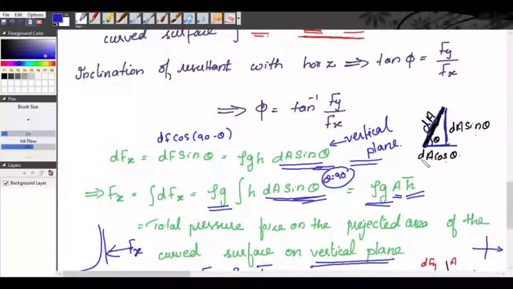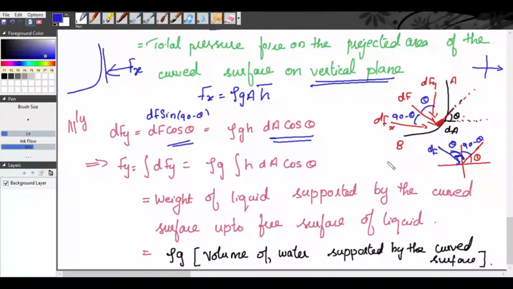It is the horizontal surface. dA cos theta is the horizontal surface of dA. So this is nothing but the weight. Rho g is constant, the integration of h into dA cos theta. Now, this is nothing but the weight of the liquid supported on the curved surface up to the free surface